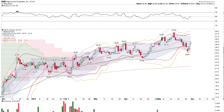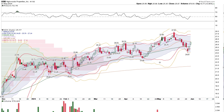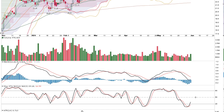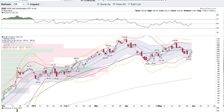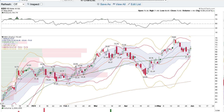Also, check out the real estate sector. There was strength there. In addition to the other 12 SPDR sectors, real estate had a nice reversal. Looking for a follow-through. Highwoods Properties bouncing back above the 50-day, RSI rising. Stochastics and MACD again set up, ready for a turn. Volume above average. Additionally, we saw homebuilders bouncing, KBH and the Builders Index, Pulte Homes, most of these rallying